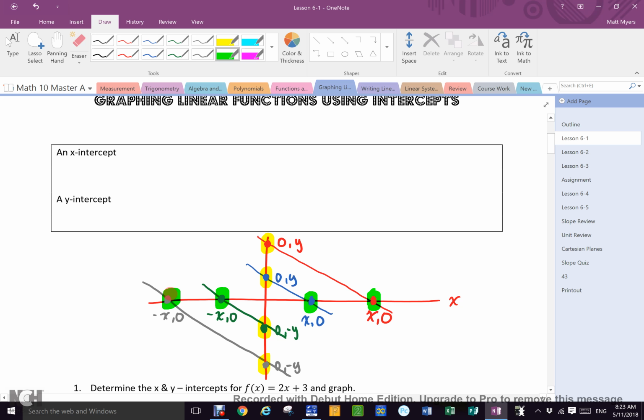All right? Which color are the x-intercepts? Green. Which color are the y-intercepts? Yellow. Does everybody see this? Please notice that in 4 different examples, the x-intercept is always some value of x, comma